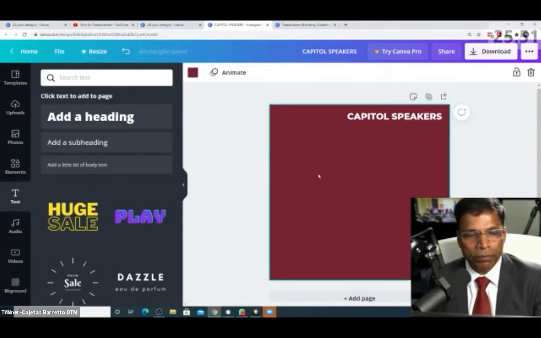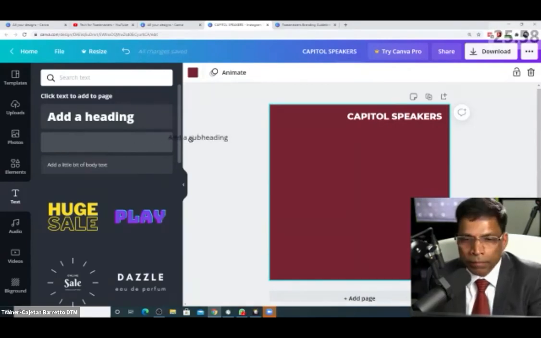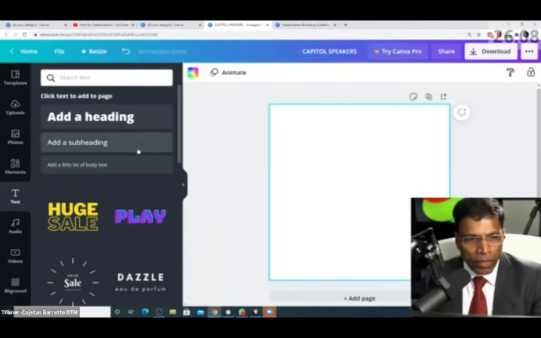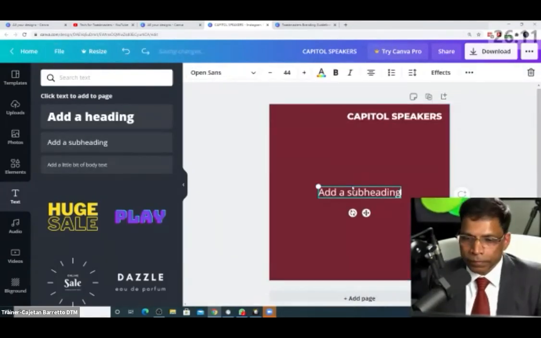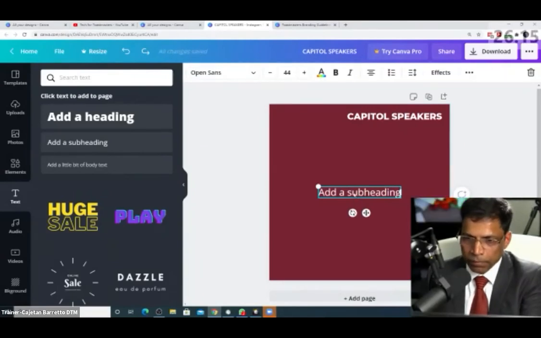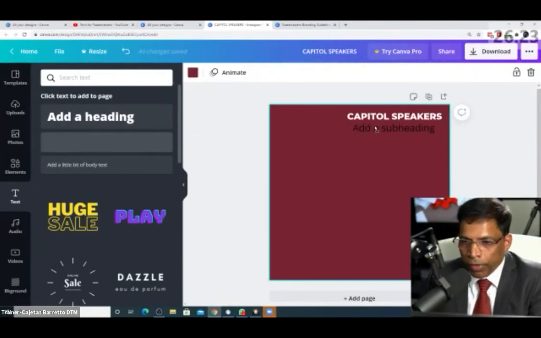Let's put one more text box. Again, I will go to the left, select text, and this time I can choose subheading, add subheading. And I can either click on it, just click, it will appear on your canvas, or you can hold the mouse key and drag and drop it wherever you want it. It's up to you.